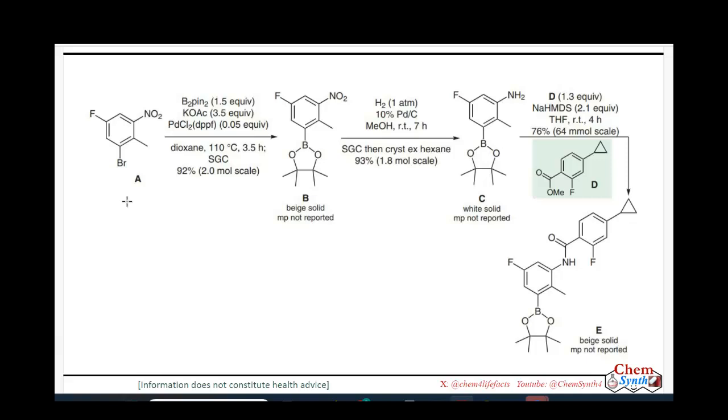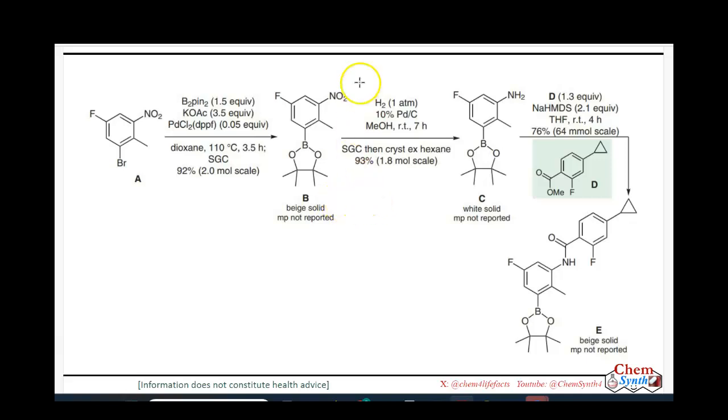And to prepare another intermediate, they started with this bromofluoro substituted ortho nitrotoluene starting material, and here they have performed one palladium catalyzed Suzuki coupling reaction to introduce this boronate group. So they have used this bispinacolatodiboron as the borylating reagent in presence of palladium catalyst, and they got this boronic ester after silica gravity column